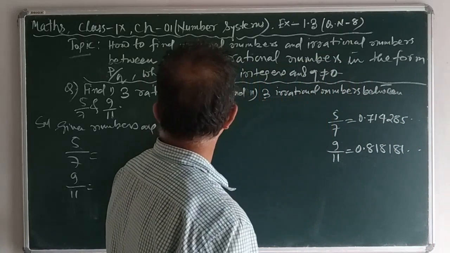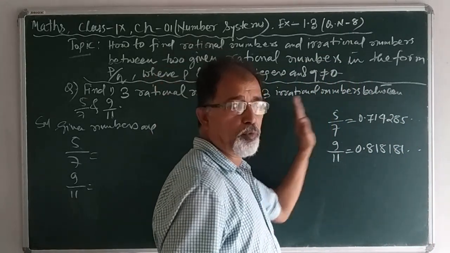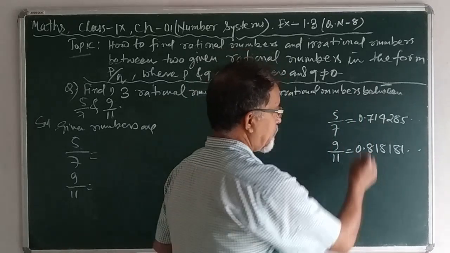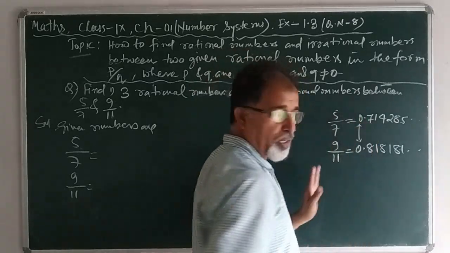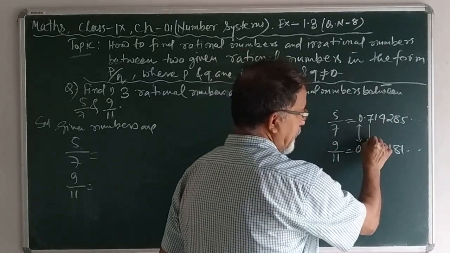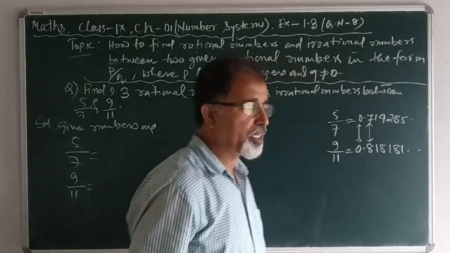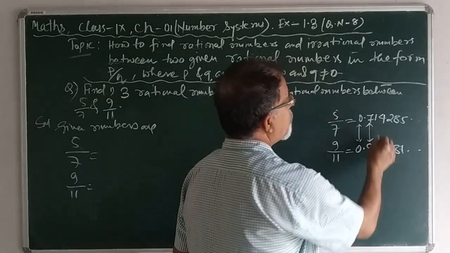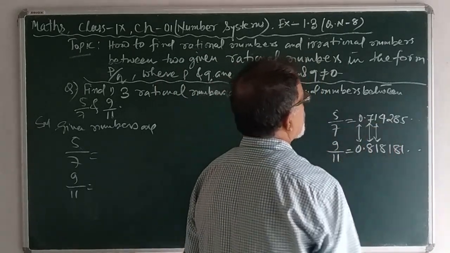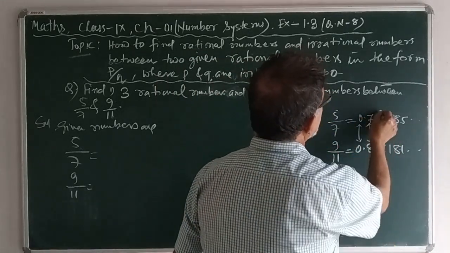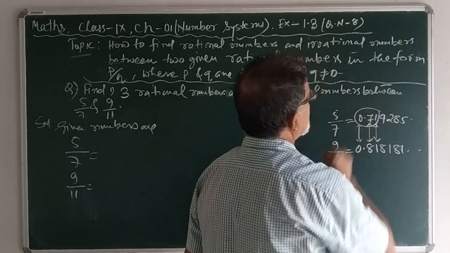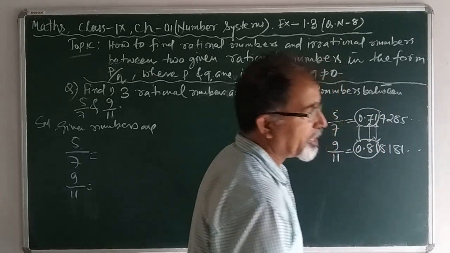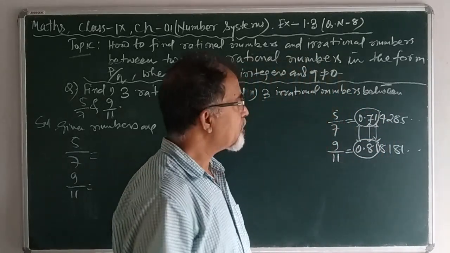In order to find the rational and irrational numbers, I am going to compare the digits of the quotient from the left side. 0 and 0, they are equal. 7 and 8, they are not equal, but there is no integer between 7 and 8. Now 1 and 1. Here, by taking 0.71 and 0.81, we can easily understand there are